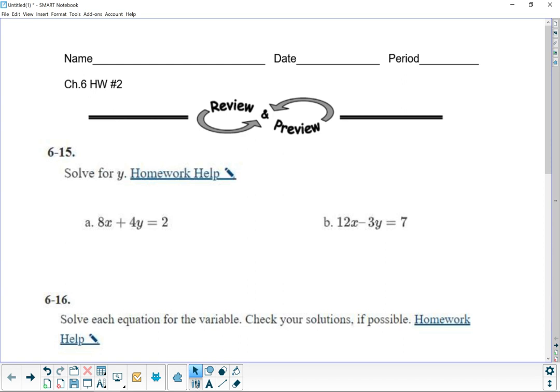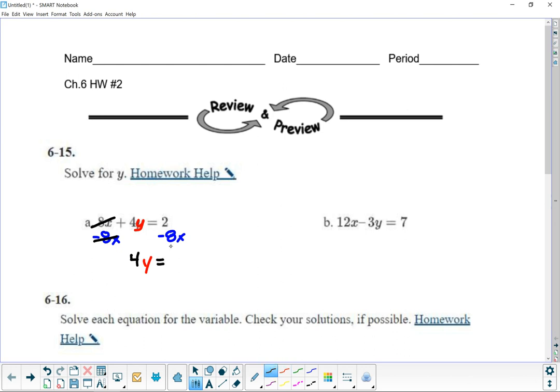So really, if we're working on this, we just want to make sure that the y is totally by itself on one side. And if you look here, y is sitting right there, but it's stuck with the 4, which is also stuck with the 8x. So if we want to solve for the y, we got to get rid of 8x first. So you got to do the opposite, minus 8x, minus 8x. By doing that, these 8x's cancel, and now we will only have 4y